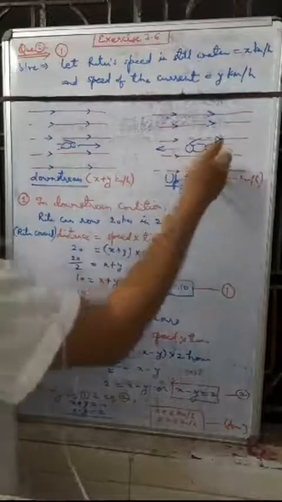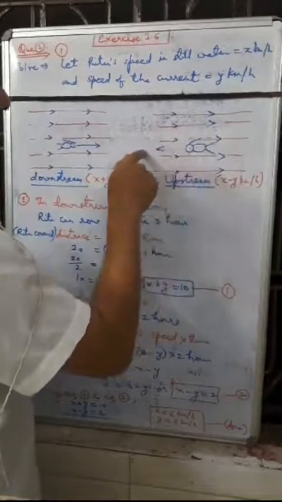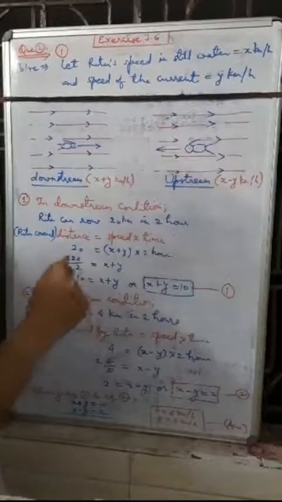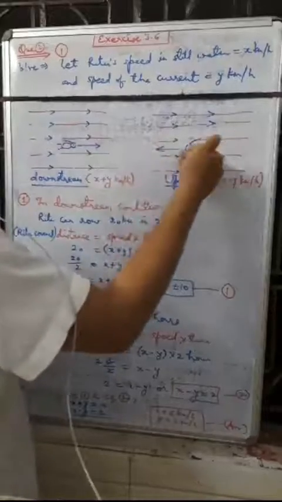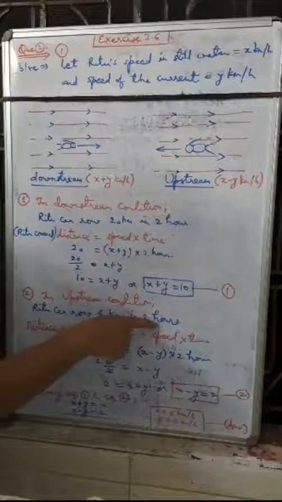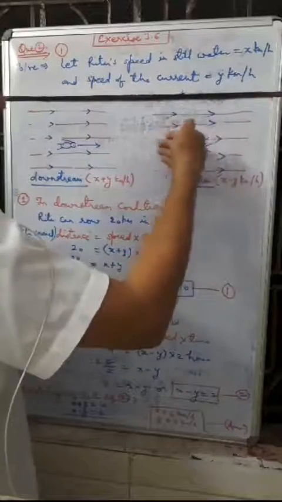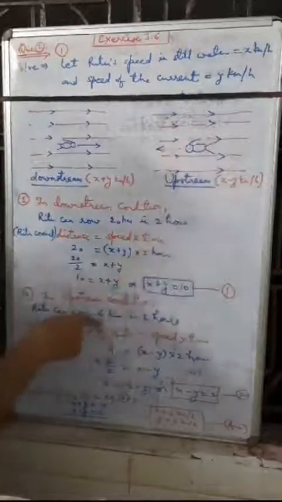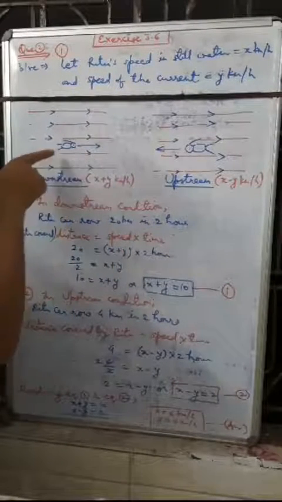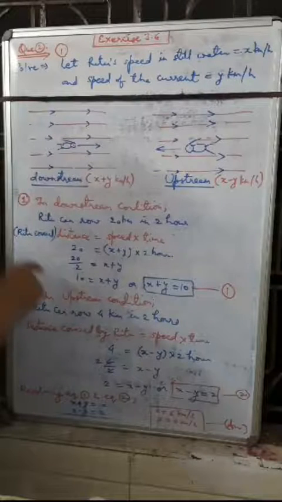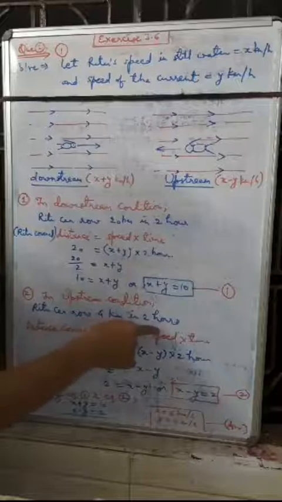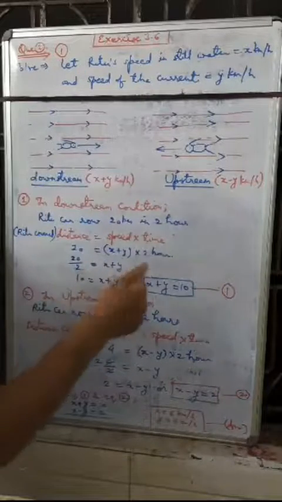अब यहाँ पर देखेंगे आप कि ऋतु की स्पीड क्या होगी भाई, निश्चित रूप से ज़्यादा होगी, तभी वो अपने अपोजिट दिशा में बहते हुए या विपरीत दिशा में बहते हुए पानी से 2 किलोमीटर पार कर लेगी. ऋतु कैन रो 4 किलोमीटर इन 2 आवर्स, मतलब बहुत कम तैर पाएगी, वो 2 घंटे में बहुत कम पार कर पाएगी, जबकि 2 घंटे में यहाँ 20 किलोमीटर चली गई थी जब वो पानी की दिशा और उसकी दिशा एक समान थी, पर अपोजिट या विपरीत दिशा में वो 4 किलोमीटर की दूरी तय कर पाएगी 2 घंटे में.